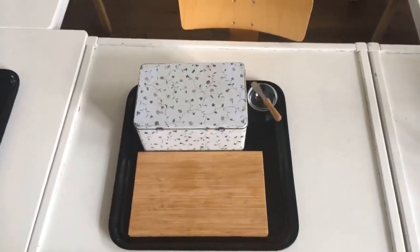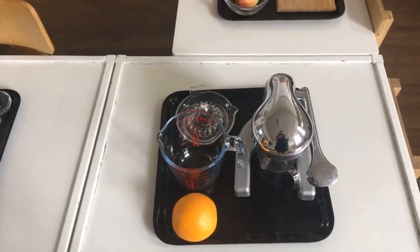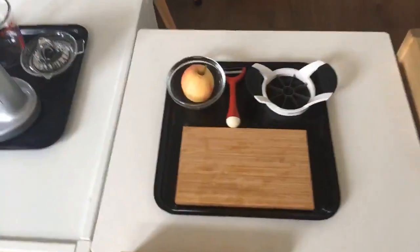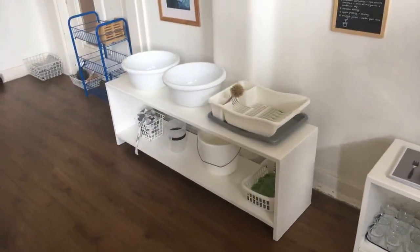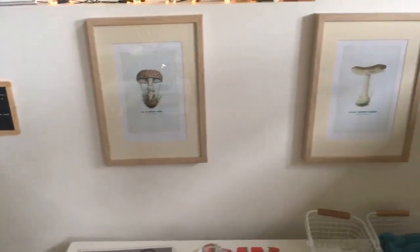and cracker spreading, orange juicing. The brand of this one is Metro Cane, because I'm sure people will ask. It's a great solid orange juicer. And this is for apple peeling and cutting. And then you can see the washing up activity over here, a little menu and some lovely art again at